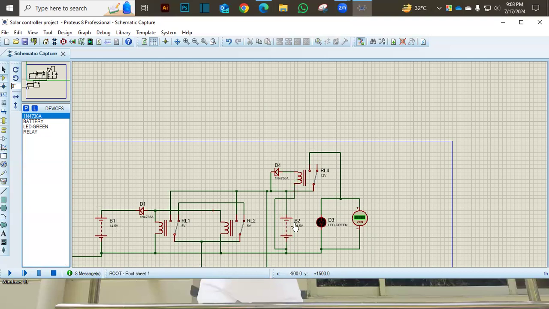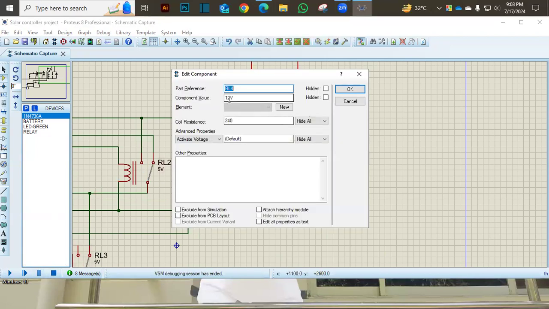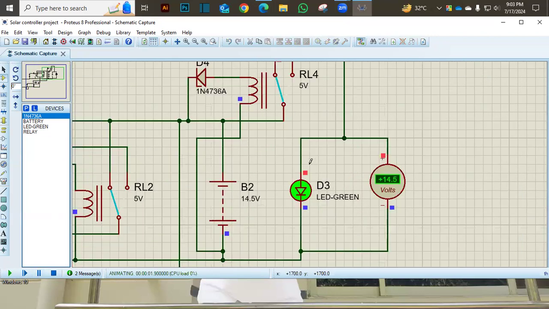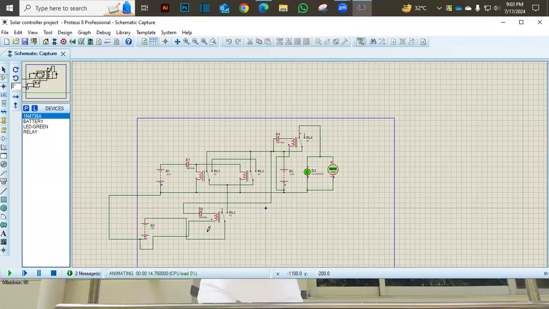Okay, so now we are going to see what will happen here. We have to change our relay battery level to 5 volts. And now we can see that our output voltage has been shifted to this terminal. That means the battery level is perfectly open, but the output is showing 14.5 volts just because our